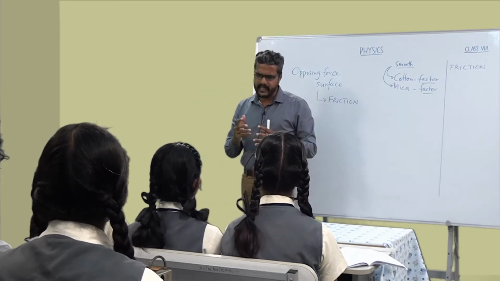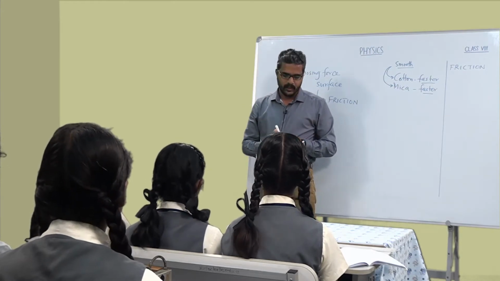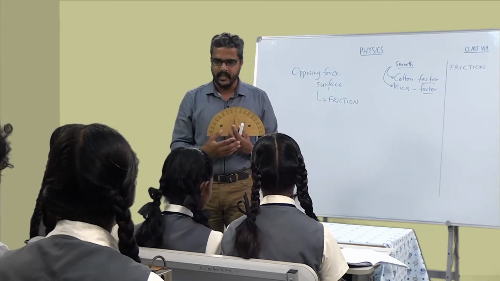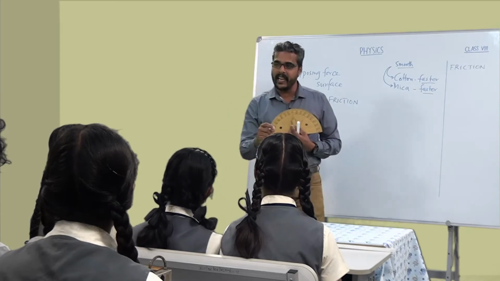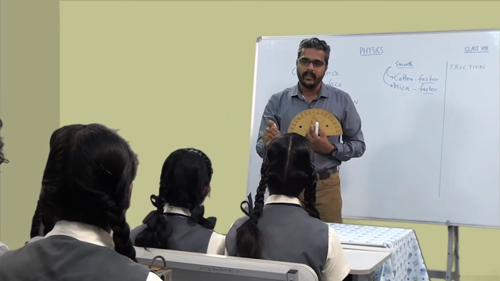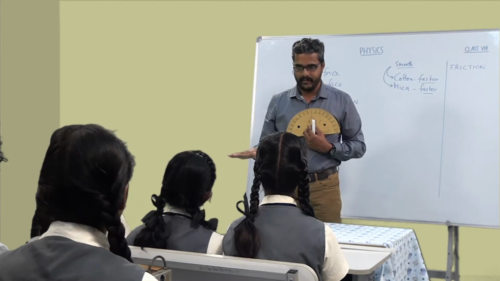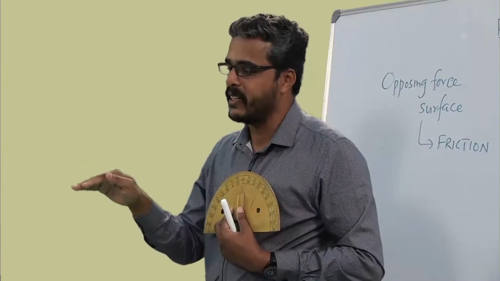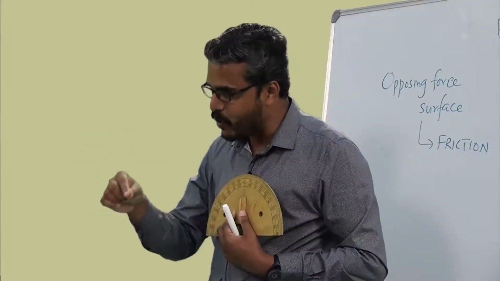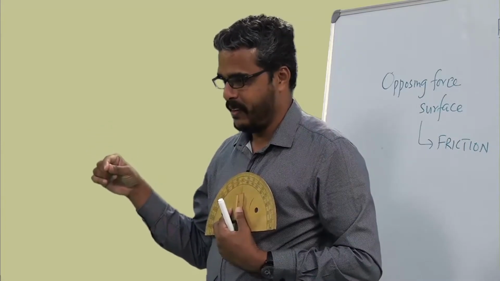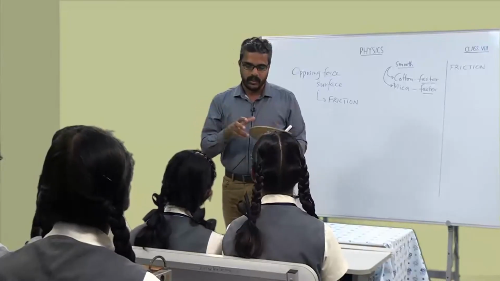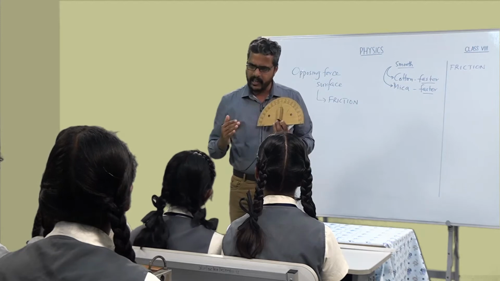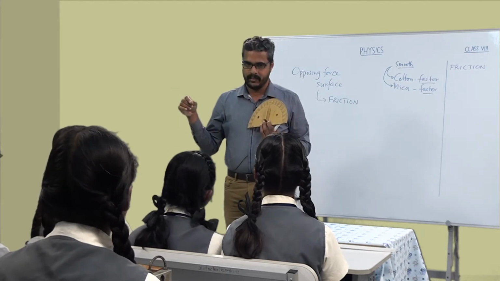Is it interesting to find out? Yes, sir. So now I will give you one protractor. You have the surfaces. Just see what kind of motion there is when the surface is flat. After that, you can increase the inclination of the surface and see what kind of motion there is. While doing the activity, do measure the angle. Take three different angles, incline the plane, and then find out.